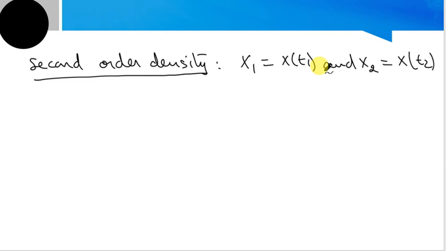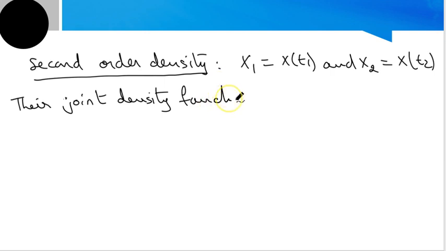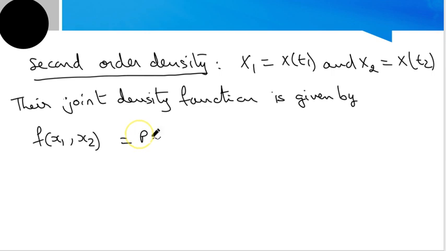Please remember, they are discrete random variables which take the values plus 1 and minus 1. This we should always keep in mind. Therefore, their joint density function is given by f of x1 comma x2 equal to P of